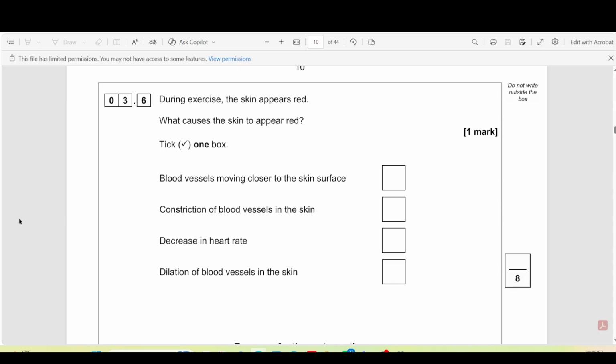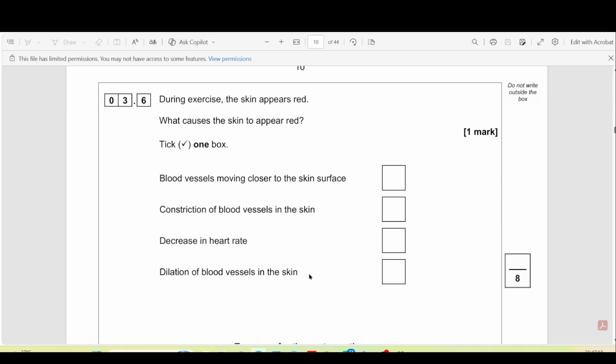During the exercise, the skin appears red. What causes the skin to appear red? Constriction of blood vessels in the skin, dilation of blood vessels in the skin. It's dilation of blood vessels. Dilation. Yeah,